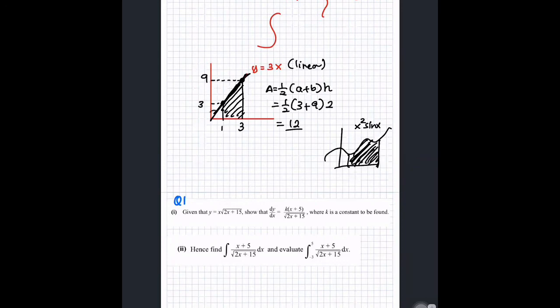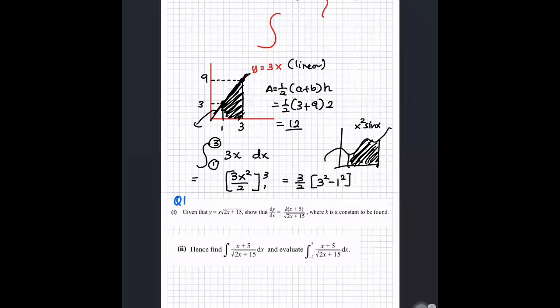So coming back again, look at this. I want to find the area below the curve. What is the name of my curve? 3x. With respect to x, you put a limit from 3 to 1. This is what you did in IGCSE. Let's integrate 3x, 3x squared over 2. You put the limit 3 to 1. 3 over 2 we keep outside because it's just a constant. 3 squared minus 1 squared. This is 9 minus 1, 8. 4 times 3, 12. Look at this. Answer same.